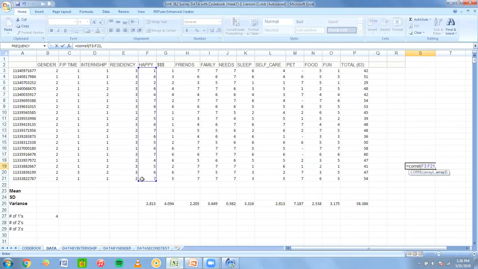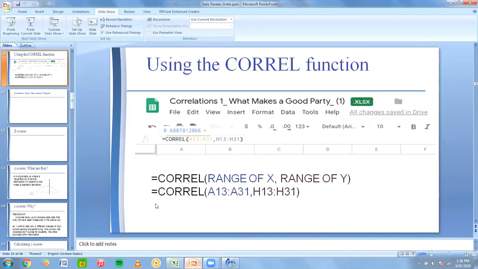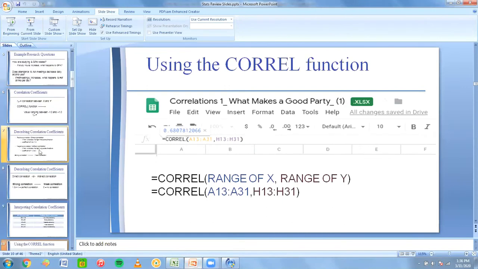I will use a comma, and then I will highlight my second variable, friends. So what this does is it just spits out a correlation coefficient. So I have a positive number, 0.29236, whatever. So a positive 0.292. And so if I were to go back to the lecture here,